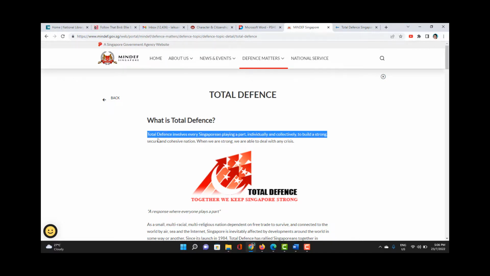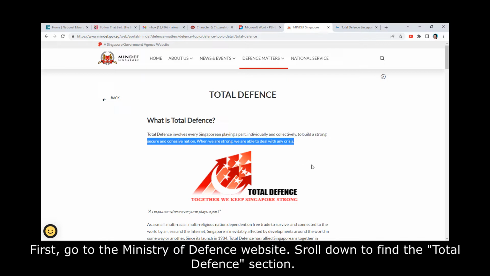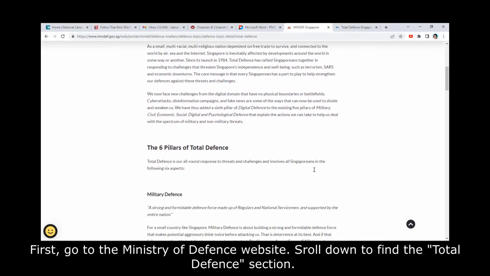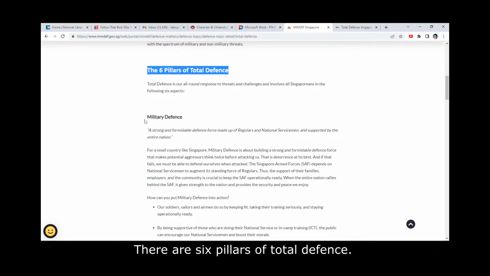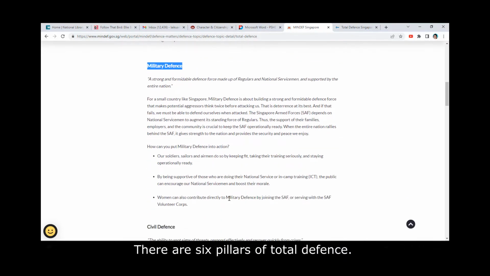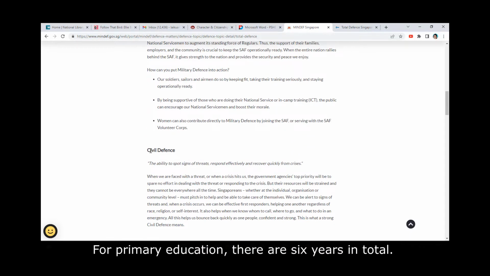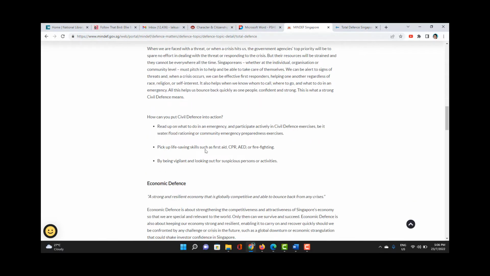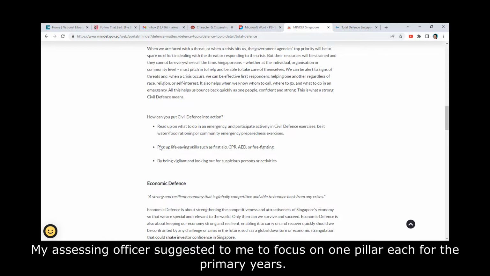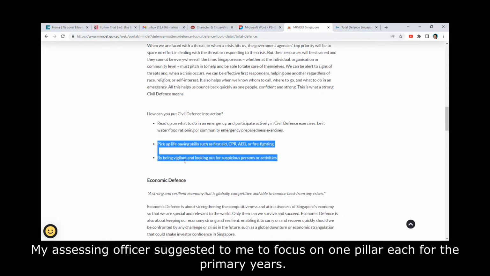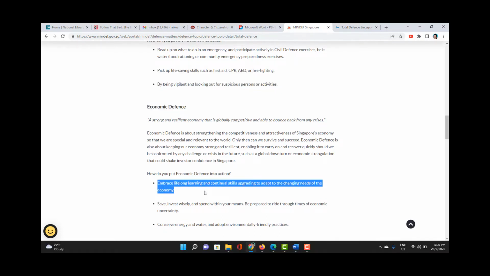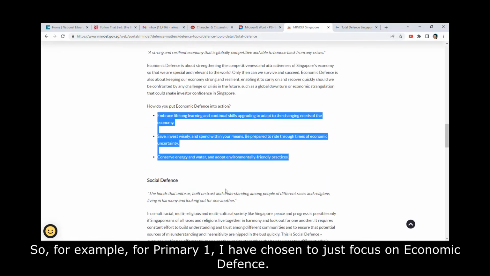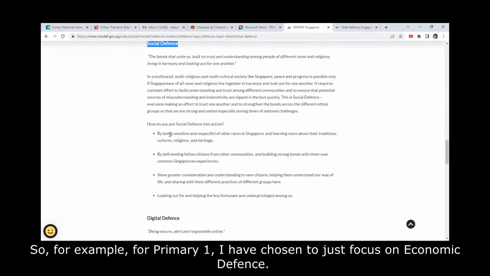So this is the Ministry of Defence website, and specifically if you scroll down there's a Total Defence section. There are 6 pillars of Total Defence, and because primary education has 6 years, what I have done, in fact this is a suggestion from the assessing officer, is that each year focuses on one pillar of the Total Defence element. So for example, in primary 1 I've chosen to just focus on economic defence,